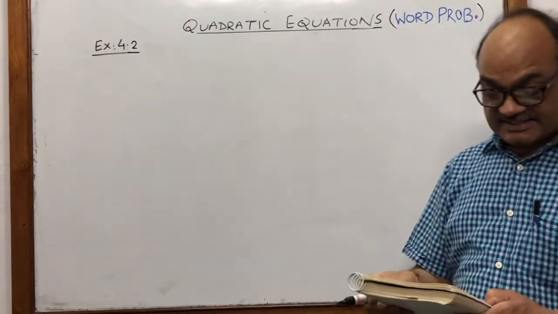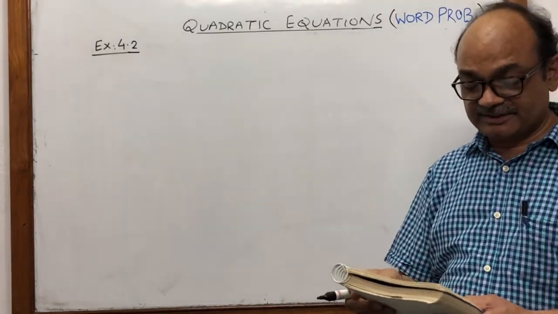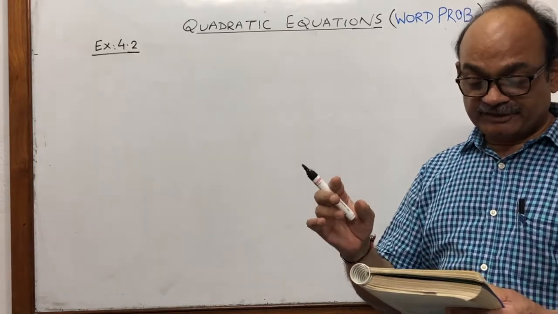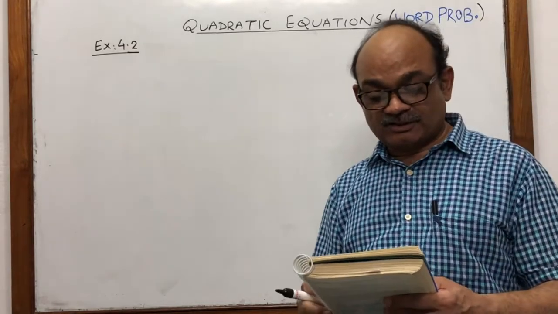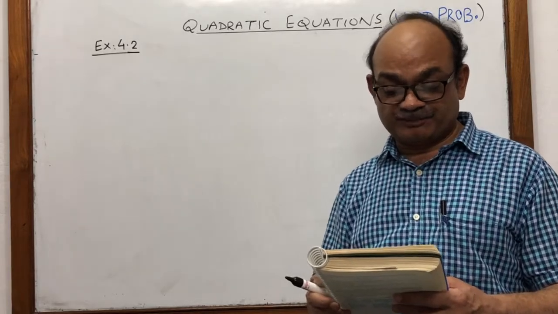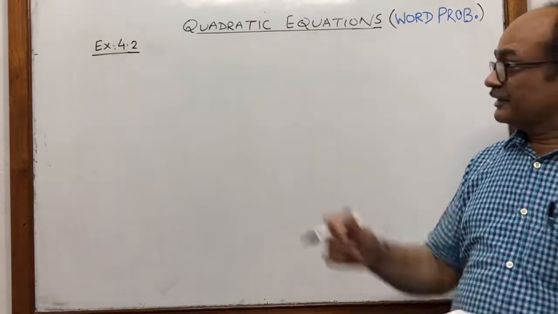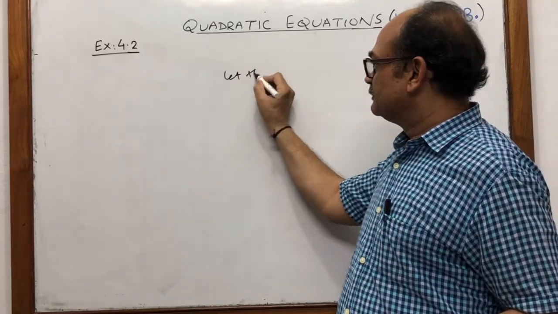Last sum of this exercise, 6th. A cottage industry produces a certain number of pottery articles in a day. It was observed on a particular day that the cost of production of each article in rupees was 3 more than twice the number of articles produced. Let the articles produced